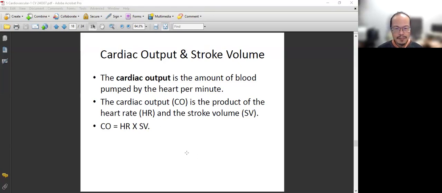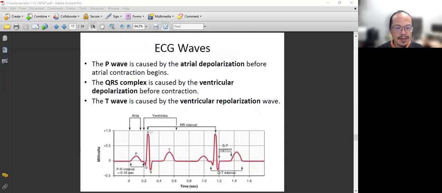There are two equations that we will talk about in the heart. This is the first equation. This is the relationship between the cardiac output, stroke volume, and heart rate. So basically, the heart, as you see here, will pump. Heart will pump, right? Squeeze and pump. So you have the heart rate, and each time the heart squeezes, it can squeeze